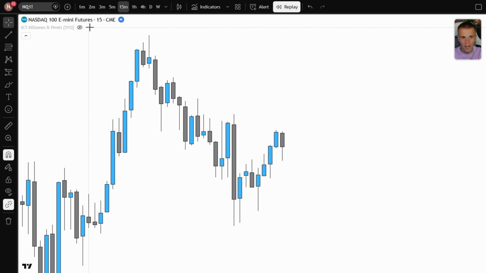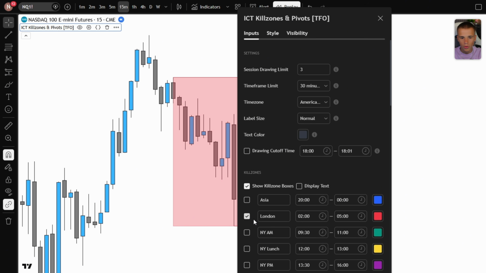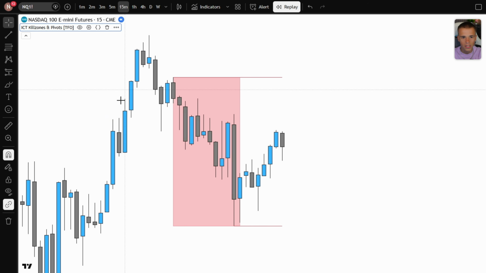So right now the first step is what I already told you, is to find and turn on the indicator, and then the second step is to set it up, of course like this, to only show the London session. So basically when you've done this, you are going to have something like this in the market. And basically, as we already know, we are done with step number one, because right now we have a